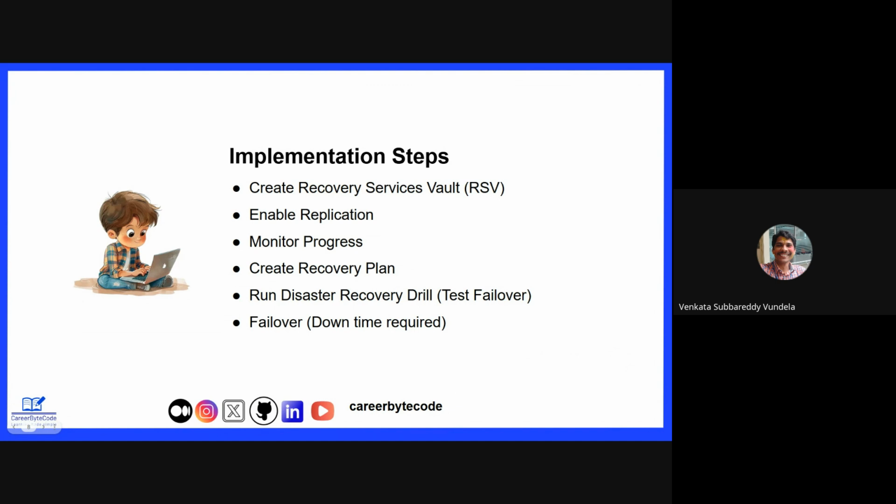Then create the recovery plan. What is the recovery plan, how do we create it, and what benefit do we get from it? Then run the disaster recovery drill. We need to know the purpose of the test failover and what the actual failover is. We are going to do all these scenarios in the next 5 to 10 minutes.